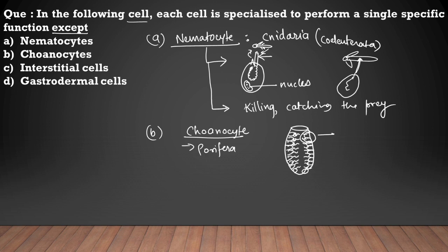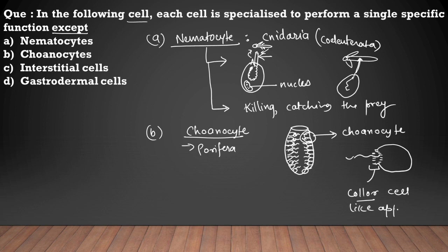Let me draw one choanocyte cell that I have drawn here. The inner cells that I have drawn are called choanocytes. So we will see it in more detail. This is a choanocyte cell and it has cilia on its neck region, and the cell looks like this. Since the cilia give a collar-like appearance, this cell is also called a collar cell. Okay, so the collar-like appearance is because of cilia, and this is the choanocyte cell. This is used for the purpose of